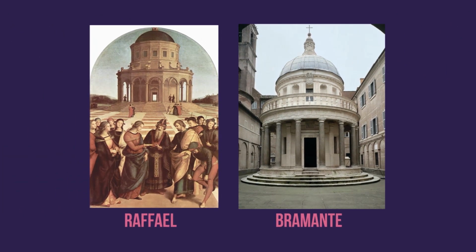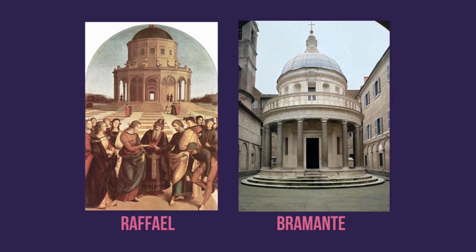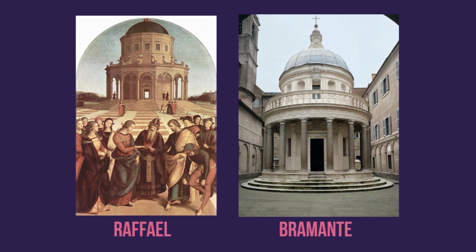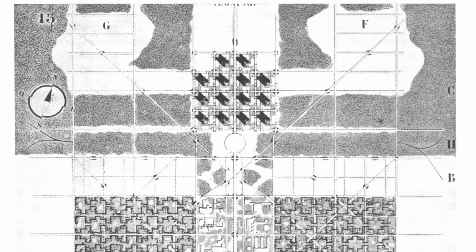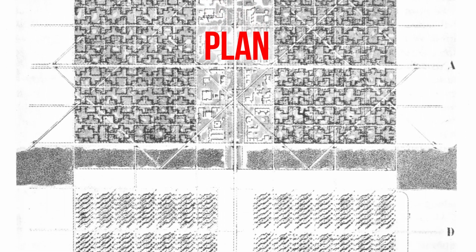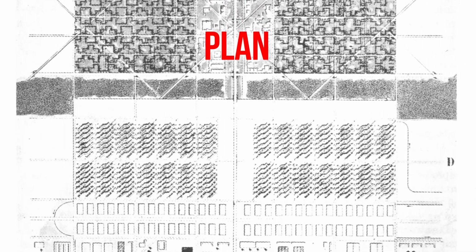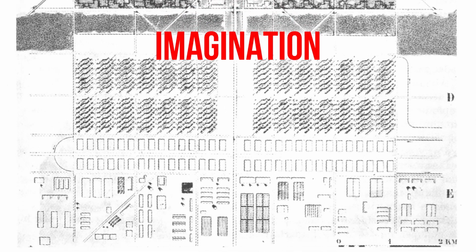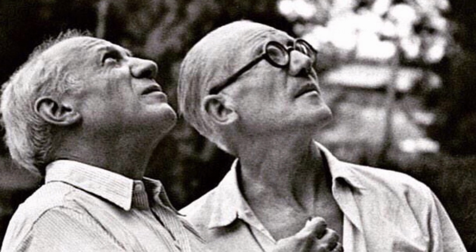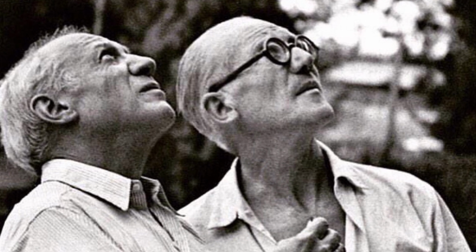You can check out the architectural works of Raphael and Bramante to clearly understand the use of pure geometrical shapes in buildings. The final reminder is the use of the plan. The plan is the generator of architecture and the element that requires the best of the architect's imagination. Also, let us use an example that Le Corbusier described in his book to clearly understand the importance of the